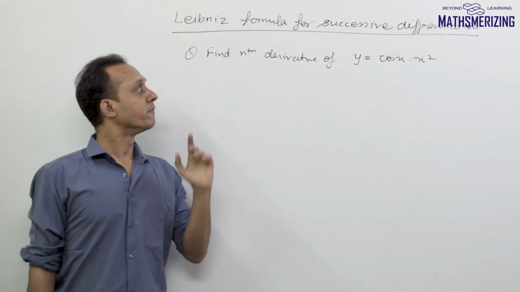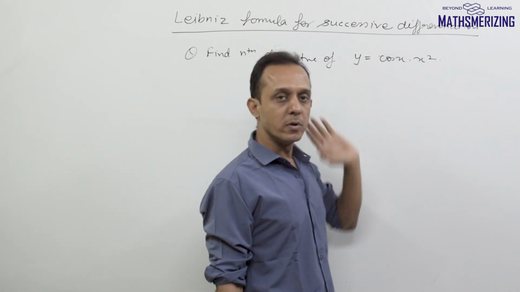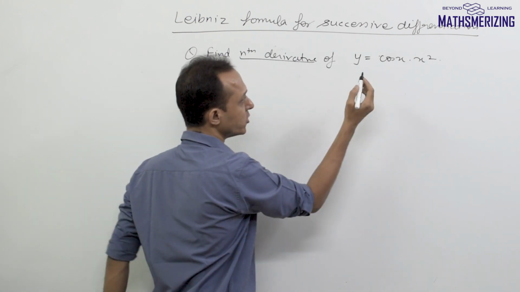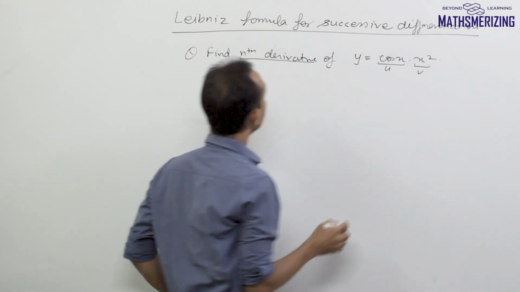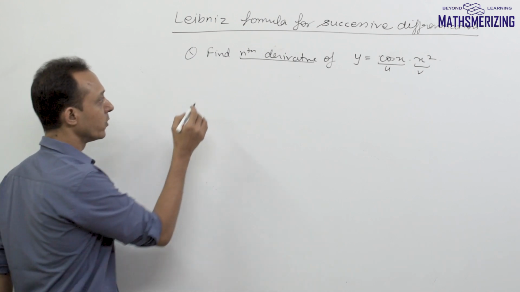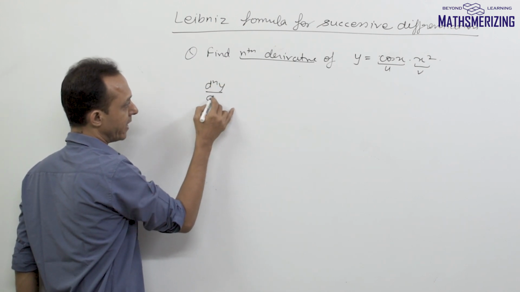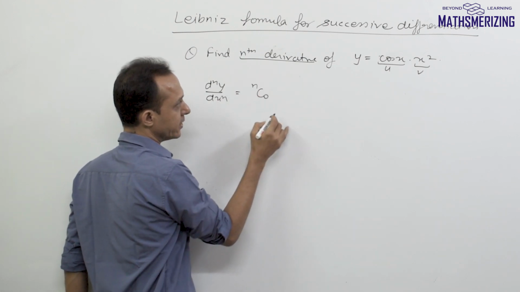Let us take another question, and which is find the nth derivative of y equals cos x into x square. So I need to find its nth derivative. So I'll assume this function cos x as my u and this x square as v, and I'll use Leibniz formula for successive differentiation. So I know that its nth derivative formula, d^n y upon dx to the power n, is given by nc0,